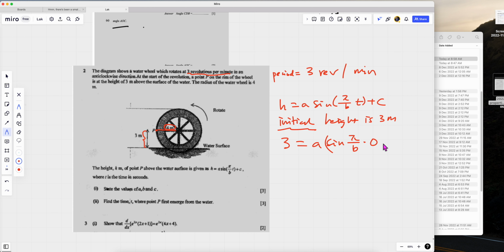Then after that, the point P. Hold on first, just let me finish this first. So this is one equation you can get. At initial height 3 meter, t equals 0. So what you end up with is 3 equals sine 0 gives you